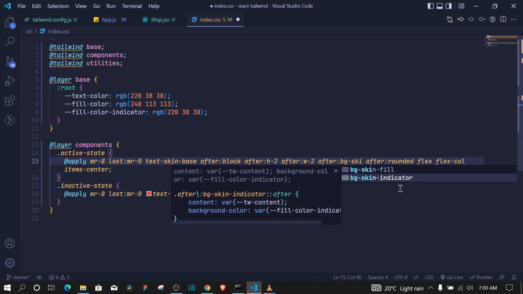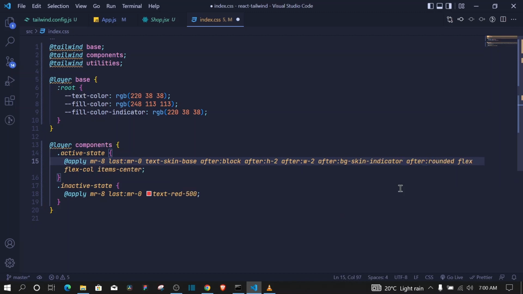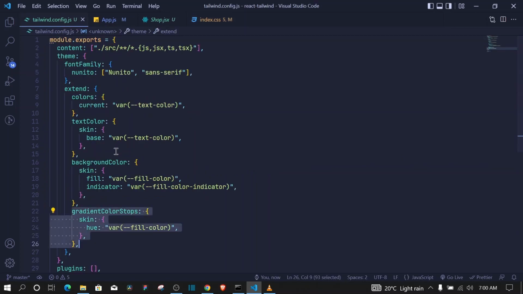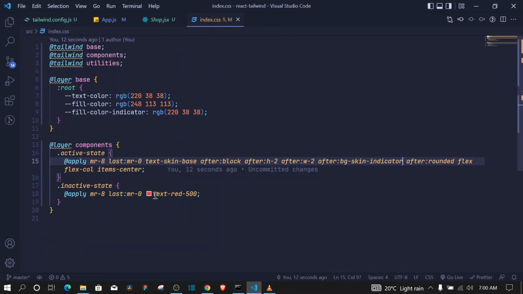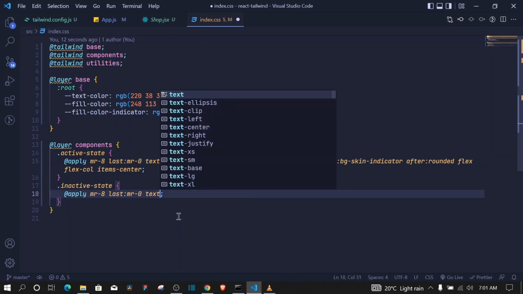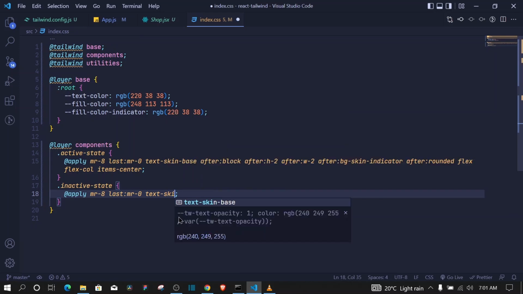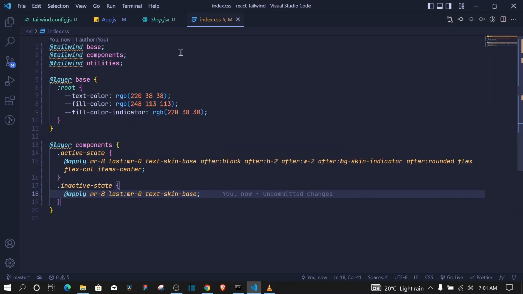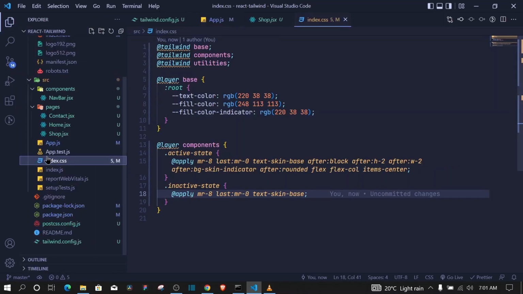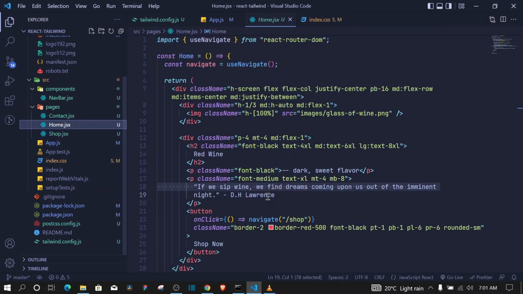skin-indicator. Okay, now the skin-indicator is more heavy than the skin-fill. Actually, make sure that we made use of skin-indicator. I feel like we didn't, so I'll go here. Yeah, skin-indicator. Cool. Now this color here should be text-skin-base. And finally, I think where we also made use of a color is at our home, where we had